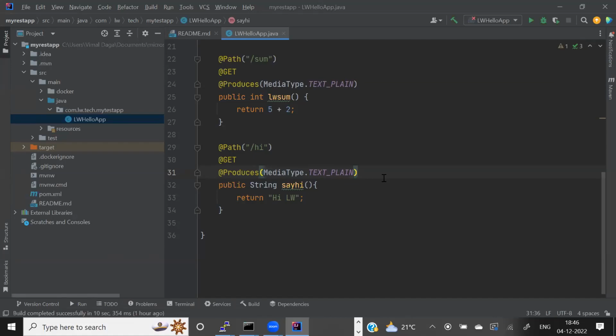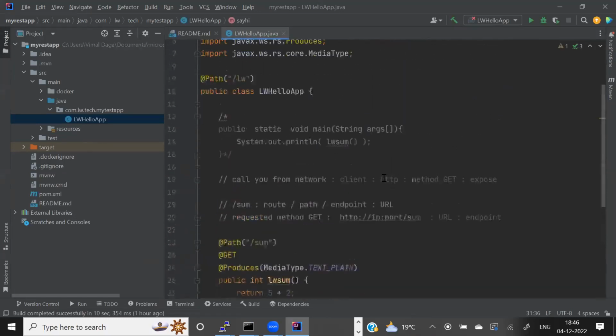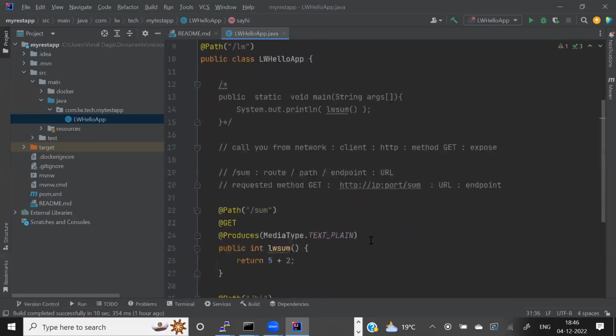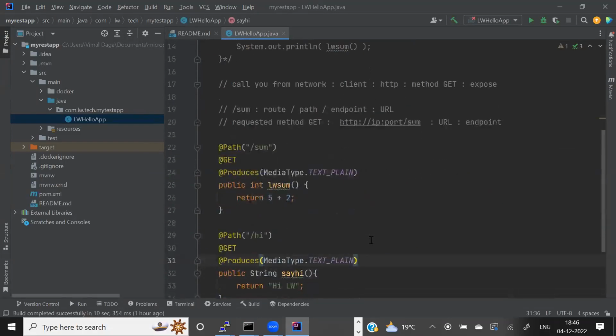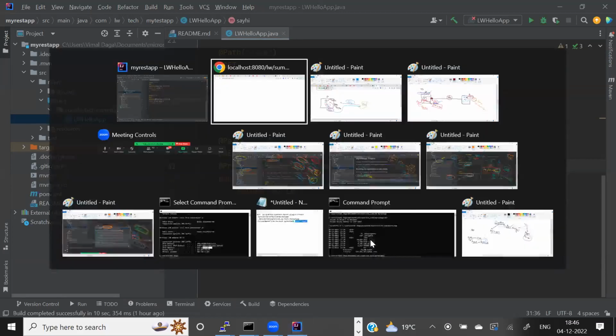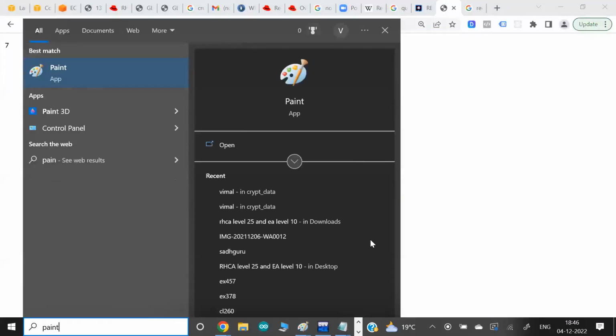Now let's do one more thing. This is what I explained as a concept with respect to the annotation here. Let's say I want to change my produce type. What I mean by this? Before this, let me explain one small concept.